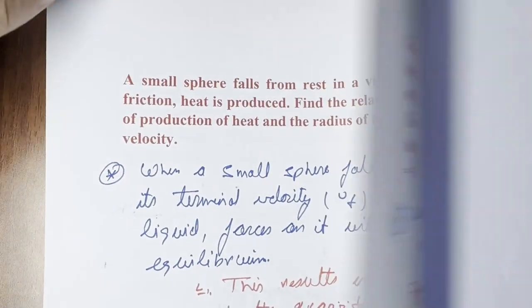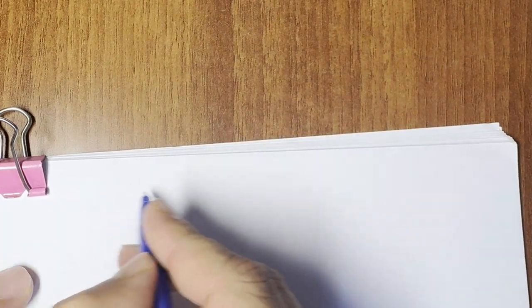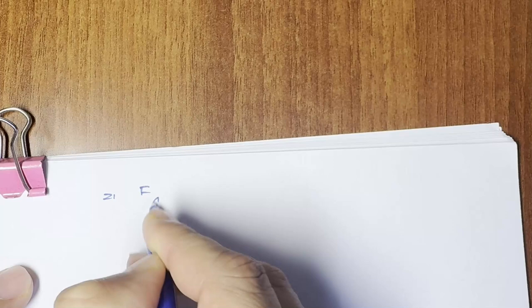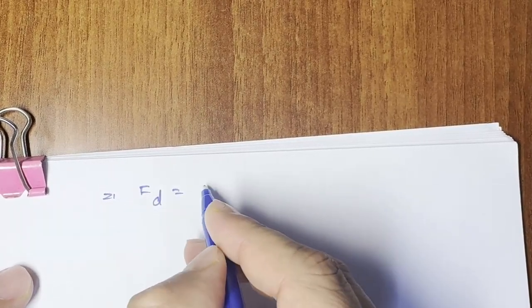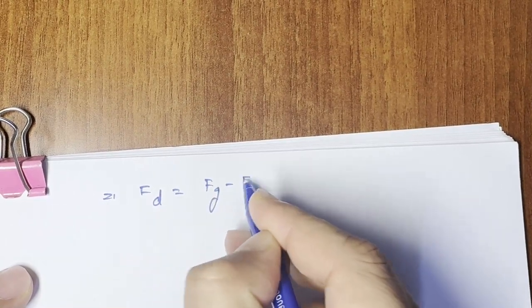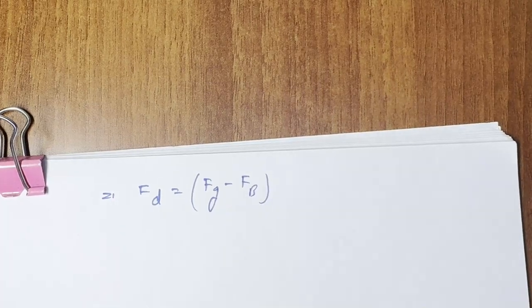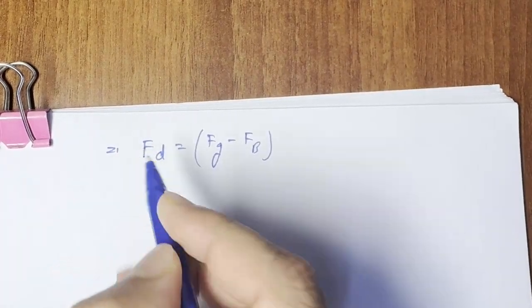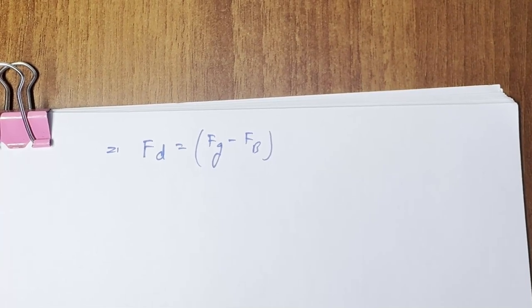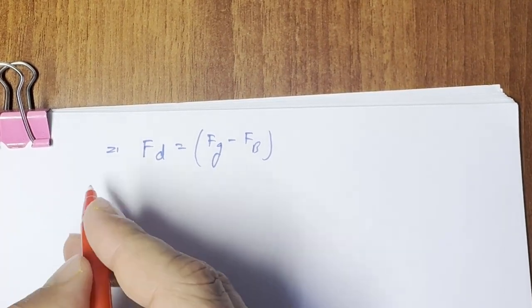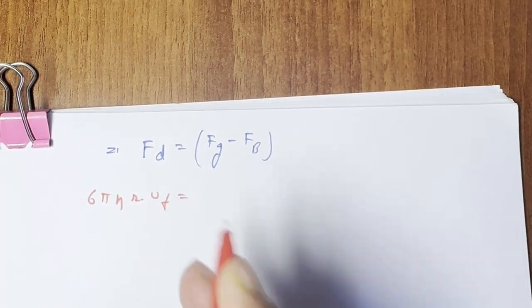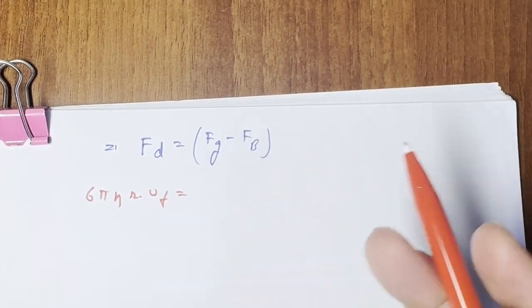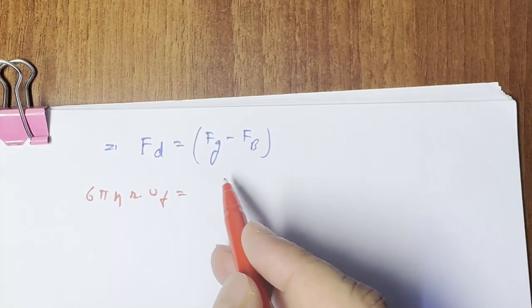So in the form of the equation we can write that our Fd, which is our drag force, will be equal to gravitational force Fg minus buoyant force Fb. So we substitute the values. Fd was 6 pi nu R multiplied by Vt, and Fg is our gravitational force, and that we can write as